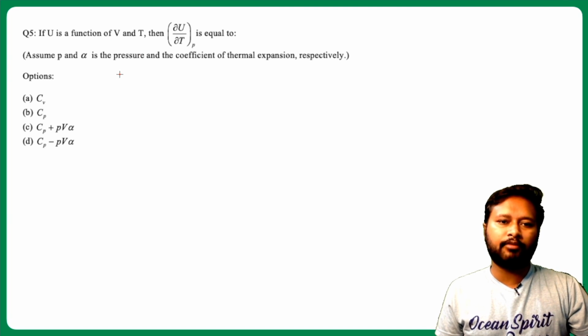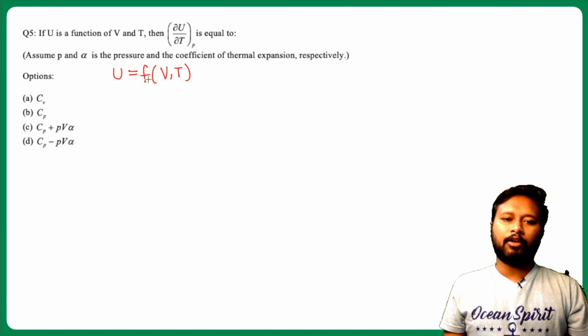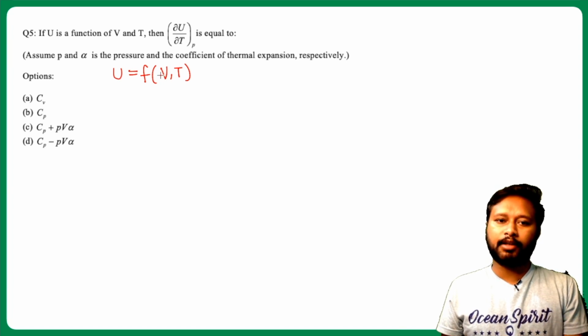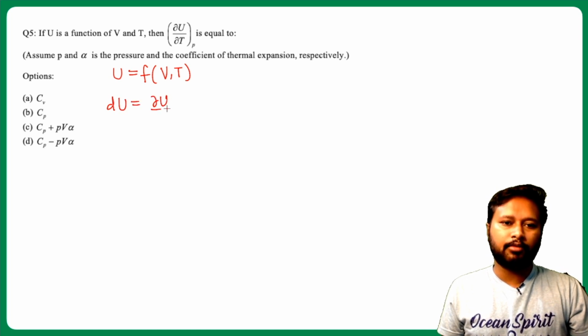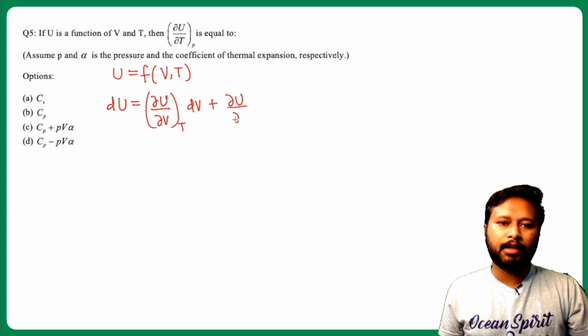It says U is a function of V and T. So let's write it down like this. U is the function of V and T. U depends on both of them. So let me write it this way: U is equal to a function of V and T. Alright, now if some state function is dependent upon two different variables, it can be written in this way, that dU is equal to del U by del V at constant T dV, plus del U by del T